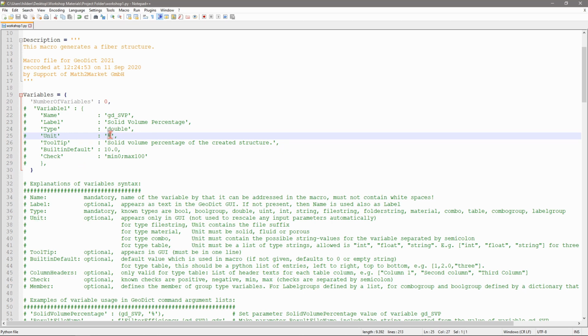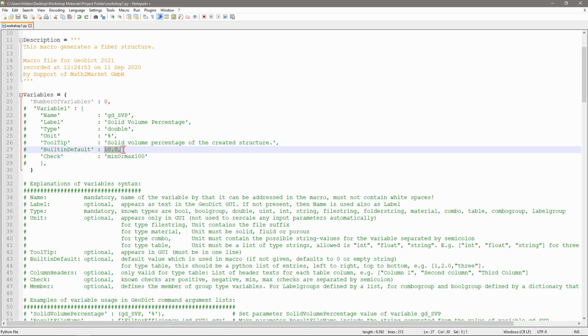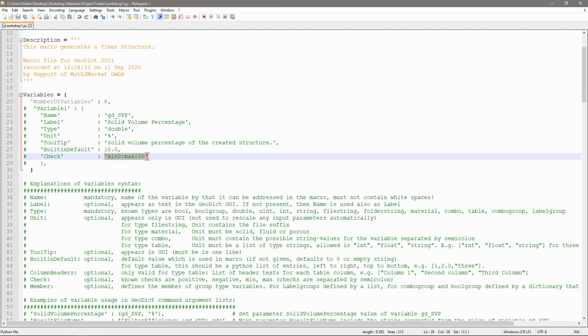A tooltip that can be seen if you hover over the label in the user interface. A built-in default value, which will be seen in the user interface, and some check, so that the solid volume percentage is at least 0 and maximum 100%.